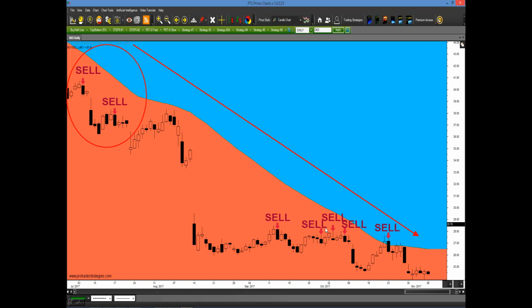Look at all the chances you had to short this. Where most people lost money, they're trying to pick a bottom. You're simply swimming with the current at your back, okay? It's a lot easier to make money and be consistent with the current at your back. And look at the nice sell signals you had here at the very top.